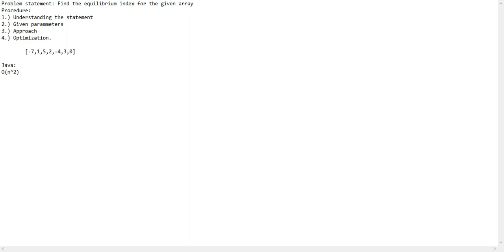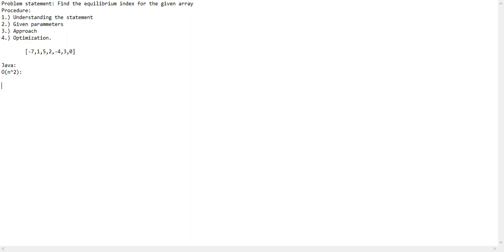It is a simple, straightforward brute force approach which most coders don't prefer for competitive coding or contests, because everybody knows the O of n square solution. When it comes to industrial application, we use the least amount of time and space complexity for any code.